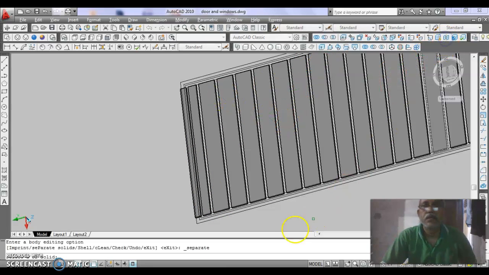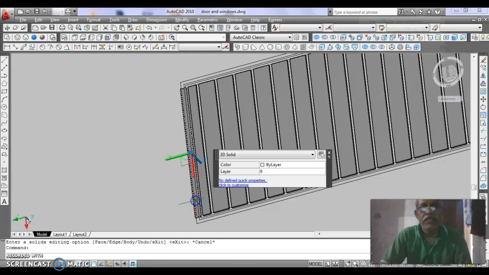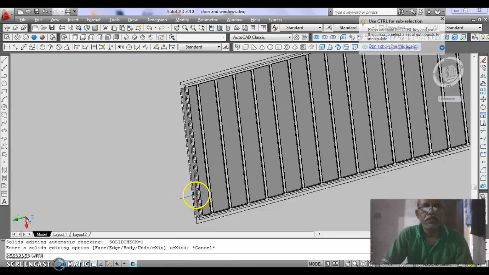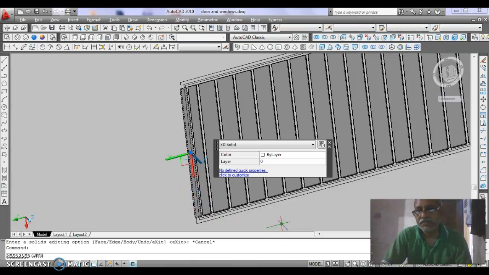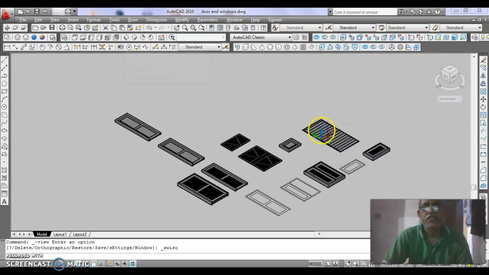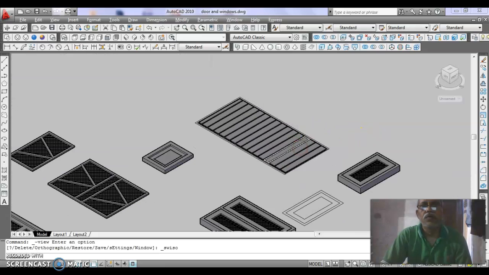separate the strip and erase the independent strip, and then go to southwest isometric. Now union